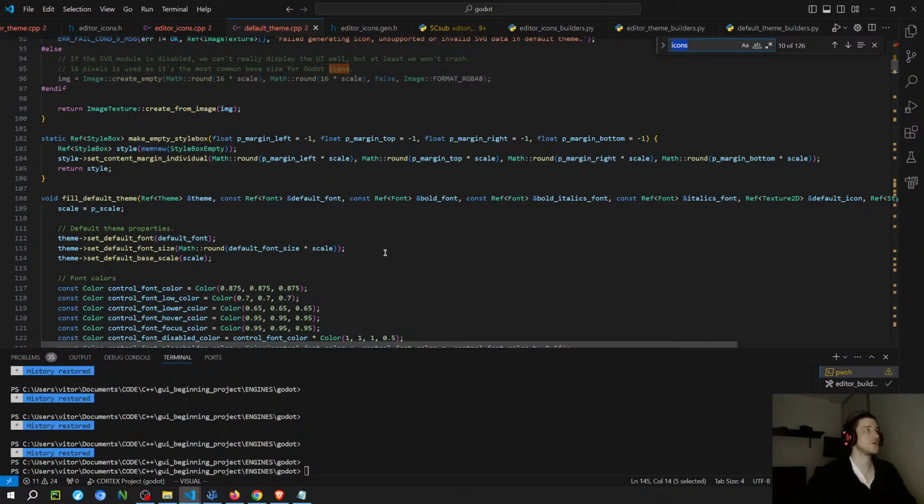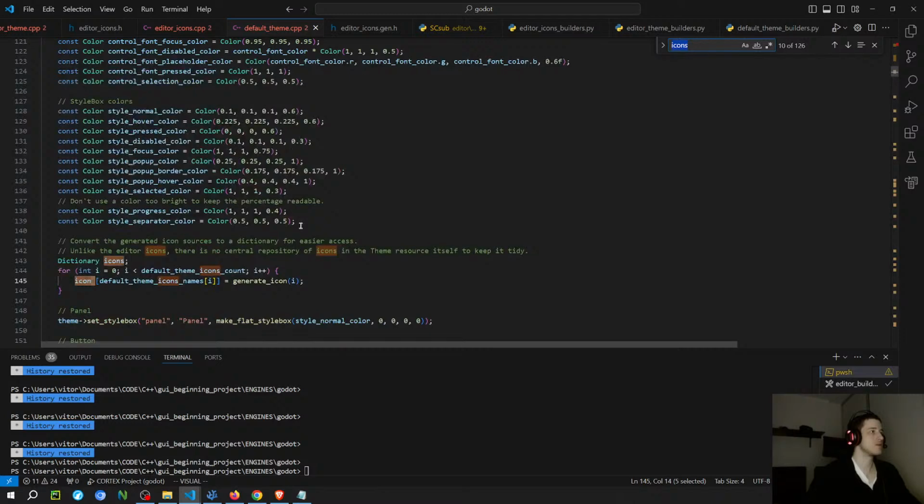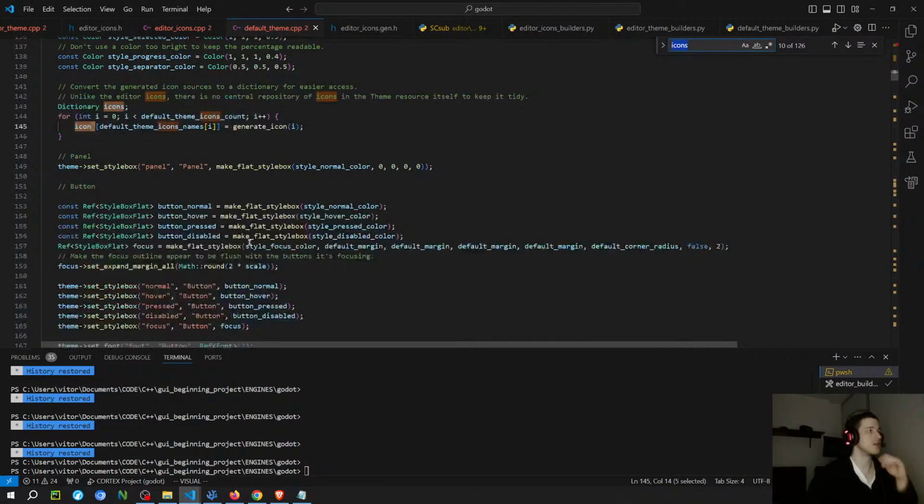'Cause otherwise, why would you use the enum there? I have to spend more time trying to understand that enum before I copy the function. Because then otherwise, I think